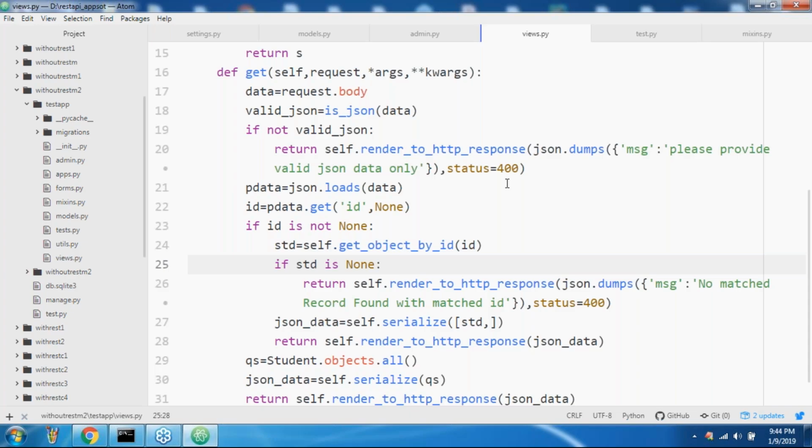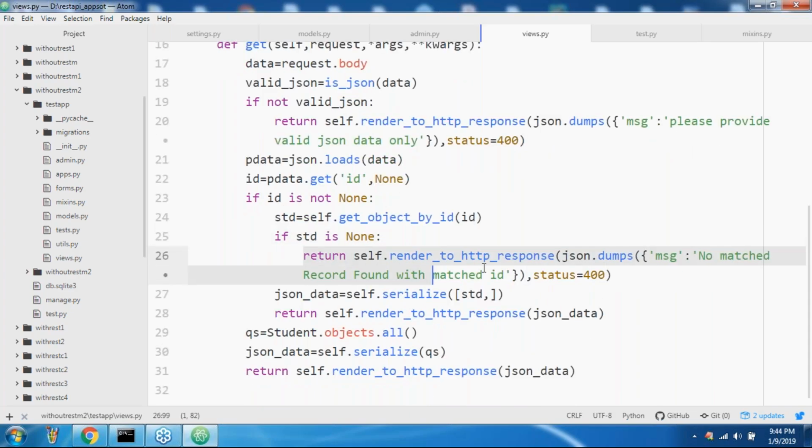Nandakishore, if this return statement is not going to execute, then only the control will come to this place. What is the need of using the else part? Not required. Clear, right? That's it. This is the very simple terminology we have related to our get. Okay, get functionality is ready.